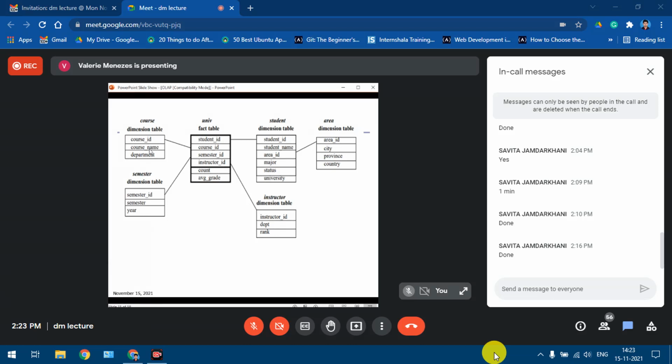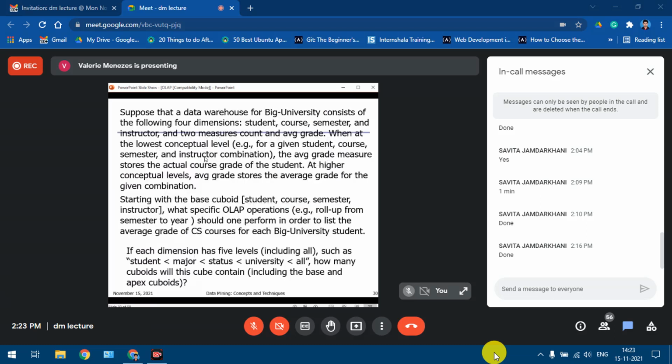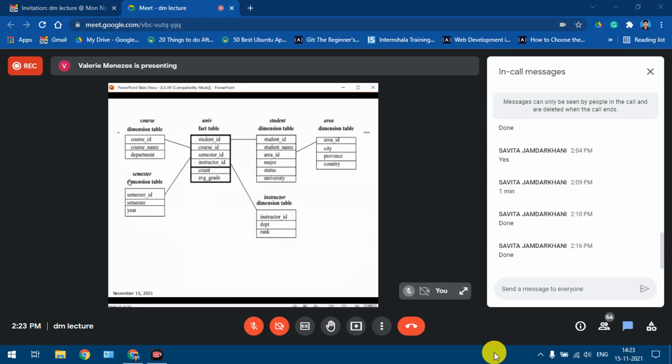And then from semester ID, since they've asked us to find out the average grade of CS courses for each student, we need to roll up from semester ID to all, that is we aggregate all the values semester wise for the course. Semester wise per course we aggregate the average grade, and then we perform a slice where the course is equal to CS.